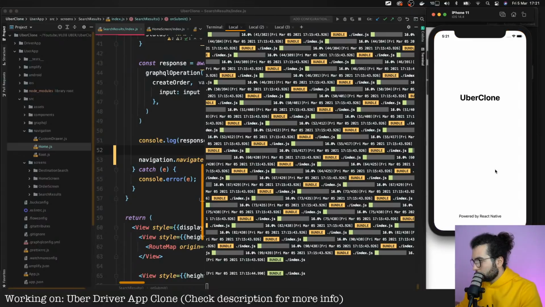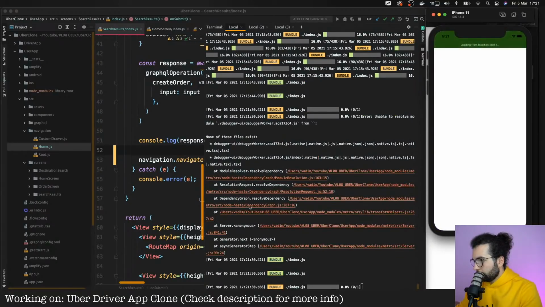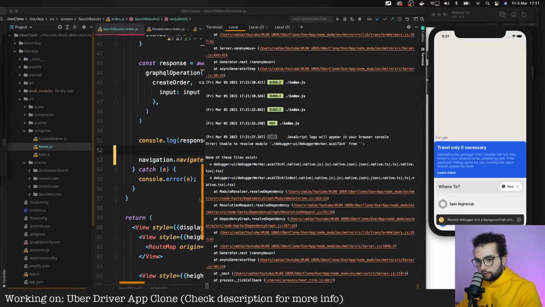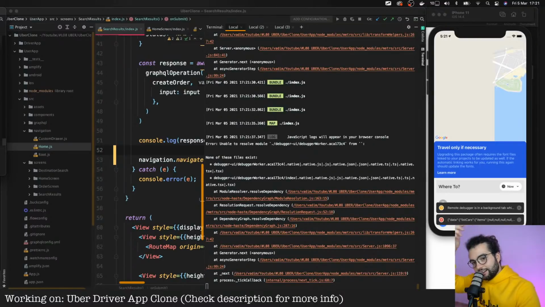Uber clone. Are you here? Are you working? Why are you building Uber clone again and again? Actually, we're not building Uber clone again and again. We are building a lot of features in the Uber clone. So we have built the user side application, we have built the driver side application, we have built the backend of both.